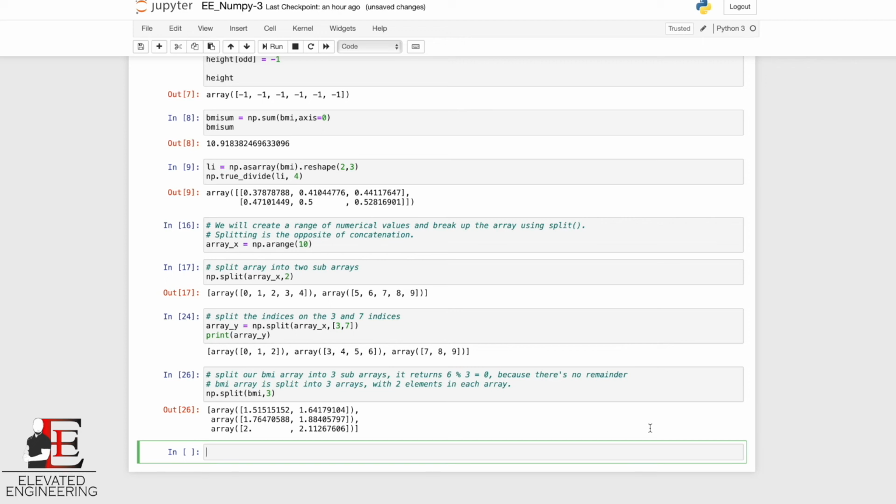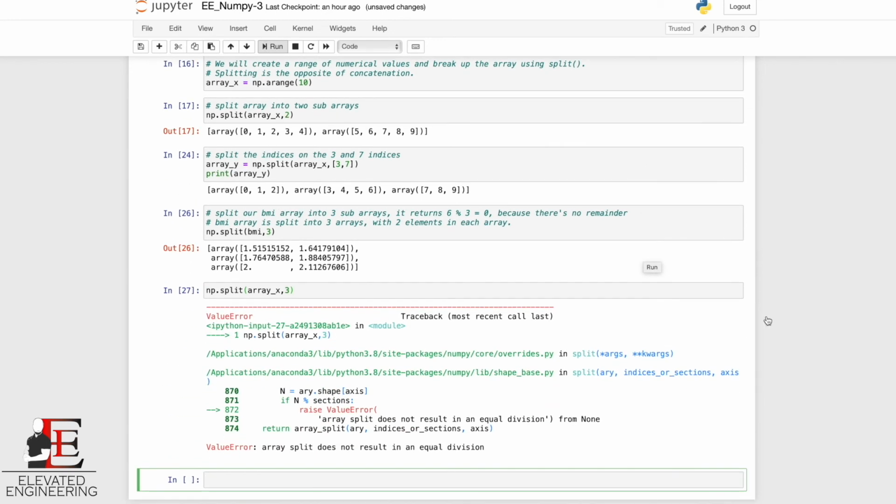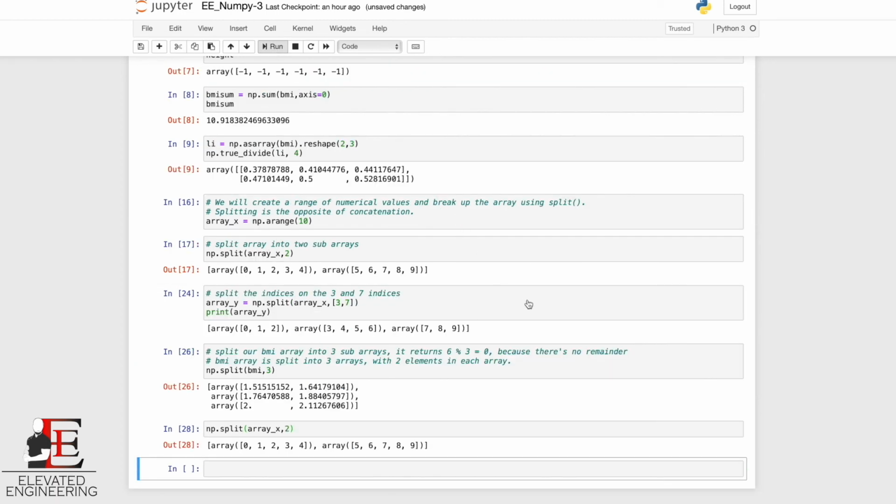So let's just say np.split, array x. We're gonna split it into 3 different arrays, subarrays. Oops. Because it's an equal division, it's not gonna participate, right? And if we do it like that, okay, yeah,